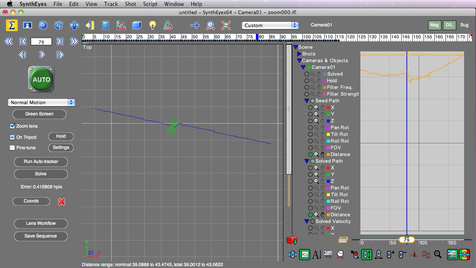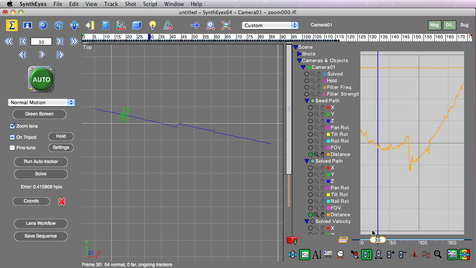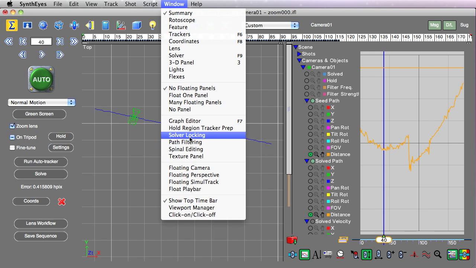It's actually a fairly small change just because the camera is actually fairly far away from the origin. But here's the curve, and you can see this step that happens right at that particular change. So what we're going to do is open up the solver locking window,